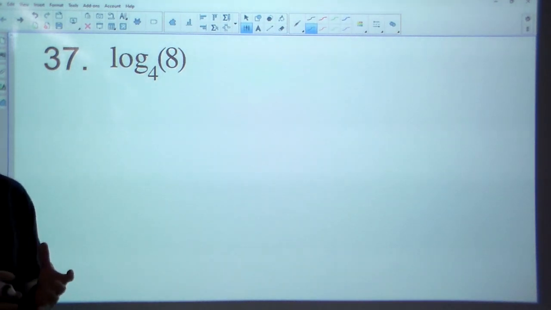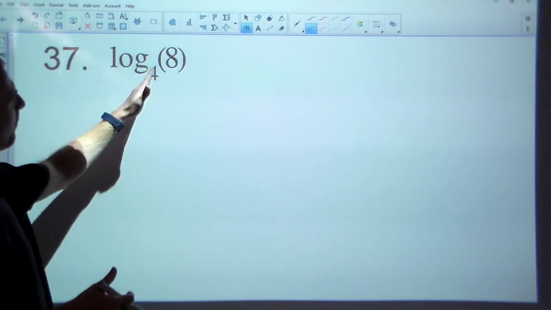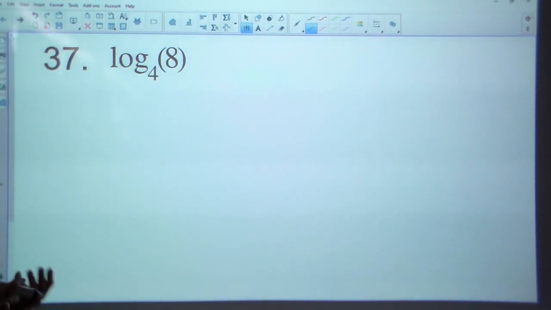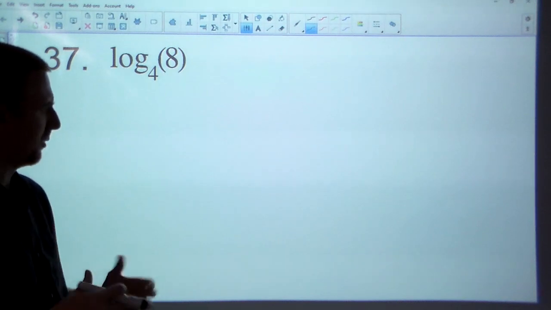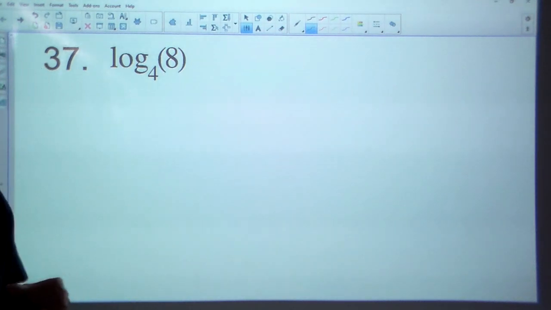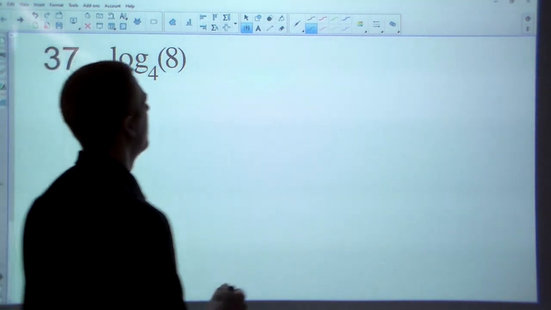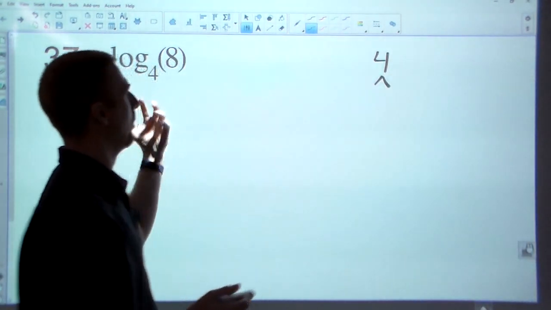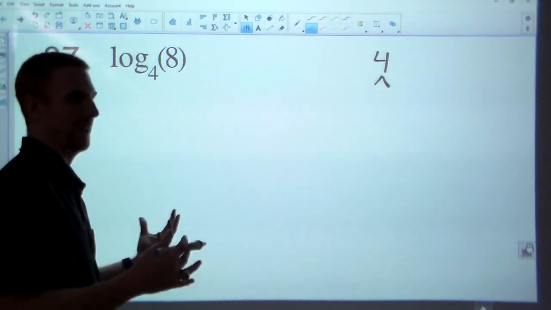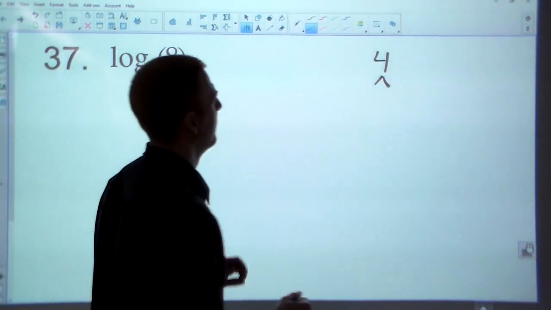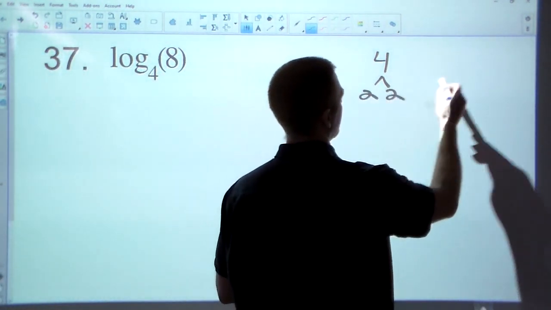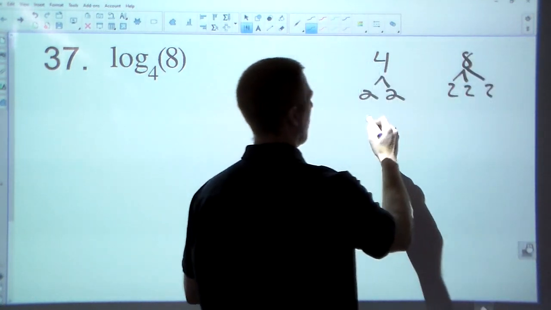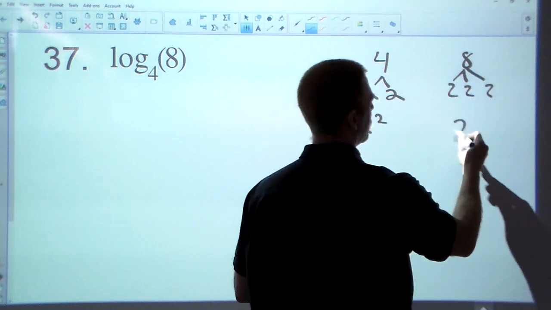And when you see things like this, that 4 and 8 maybe have a similar base, you kind of have a hunch, or maybe you see they're both even, so maybe there's something going on there. Usually change of base is the thing to try. Before you do it, if you don't already know how to rewrite 4 as a power of 2, or know that it's base 2, same thing with 8, just try to do a factor tree and see what they break into. So we could rewrite 4 as 2 squared, 8 is 2 cubed,